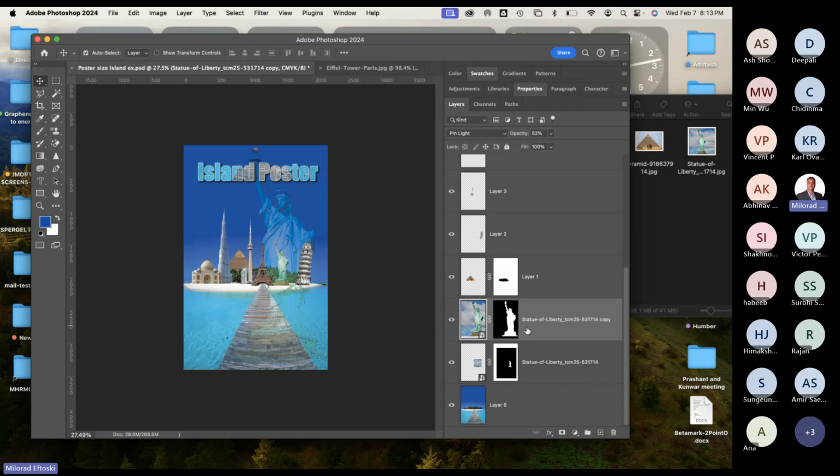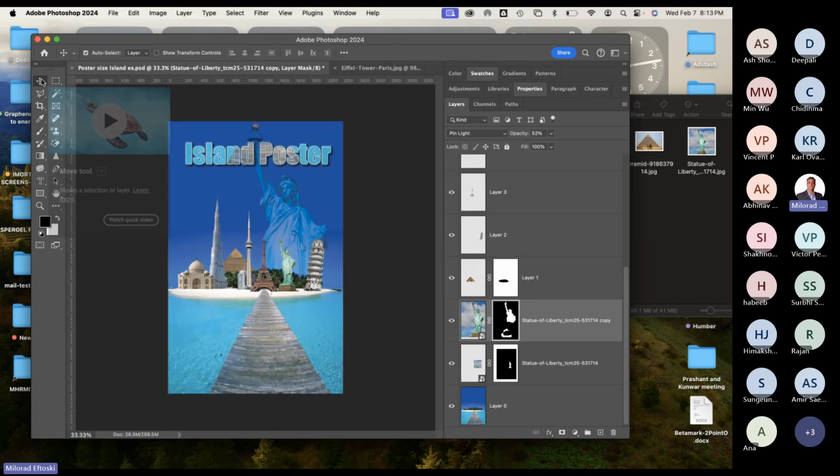And I don't want this bottom part. So I'm just going to go to the layer mask, use my brush tool, increase my brush size, just basically press on the black foreground color and get rid of some of that stuff there. Right, so I do want that like in the background or something. Okay,